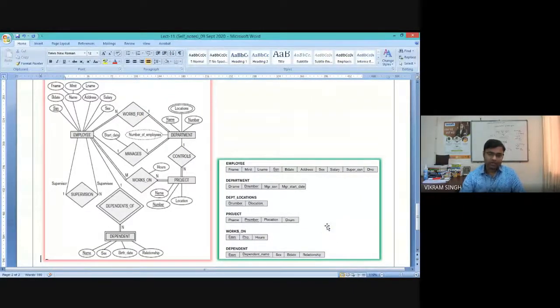So these are the possible rules, or the possible exercises we can do whenever we perform mapping of the conceptual data schema to the logical schema, right? Yes.